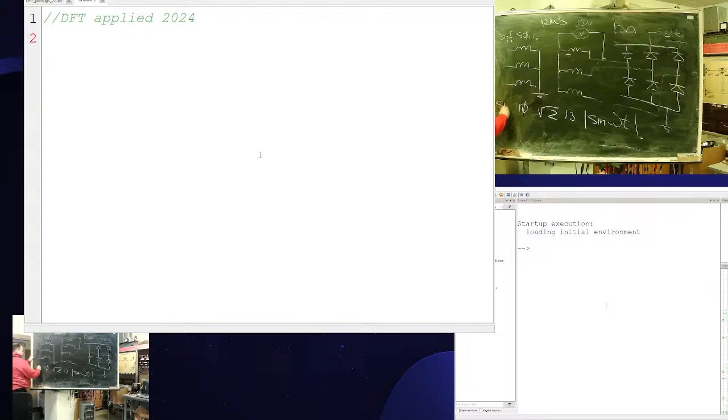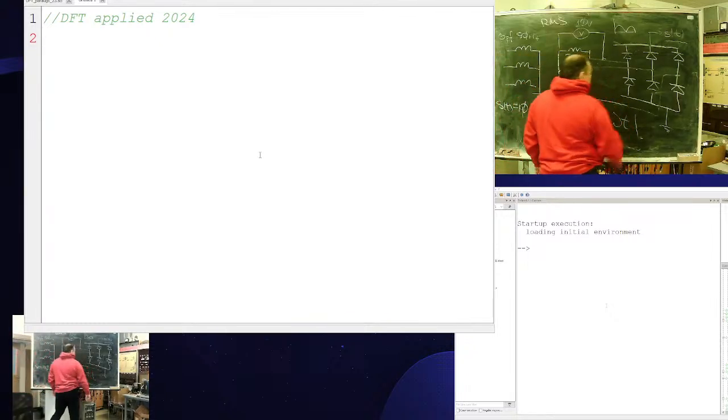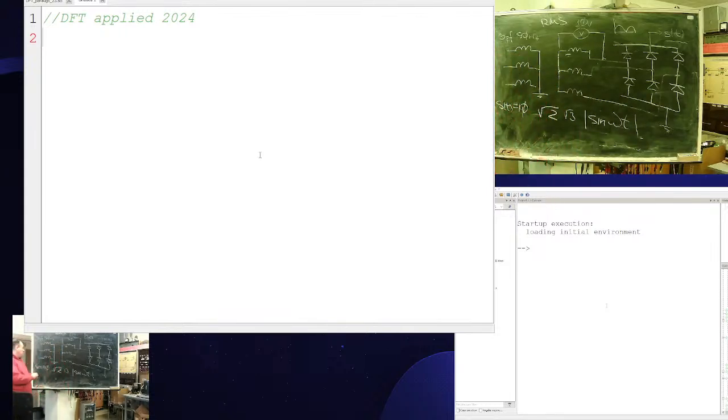So, v equals 10 square root of 2 square root of 3 absolute value of sine omega t. This is for now the yellow line, it's a simple bridge. If I attach the third phase, the magnitude description will be